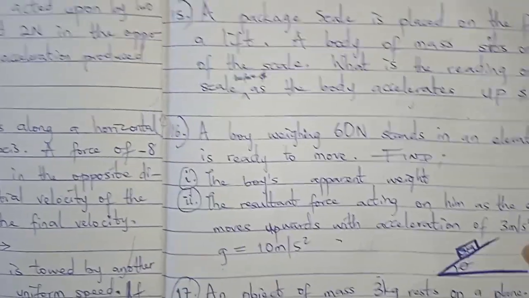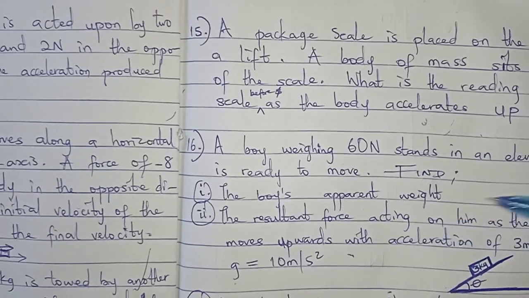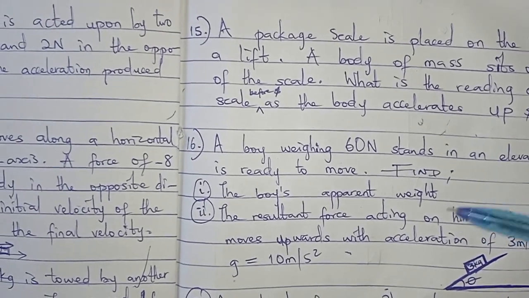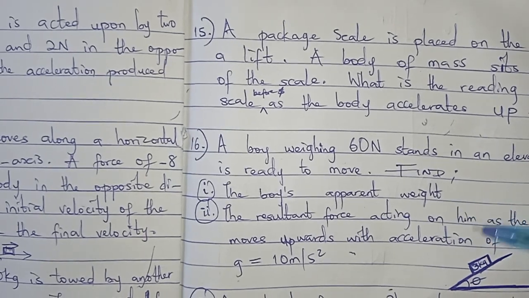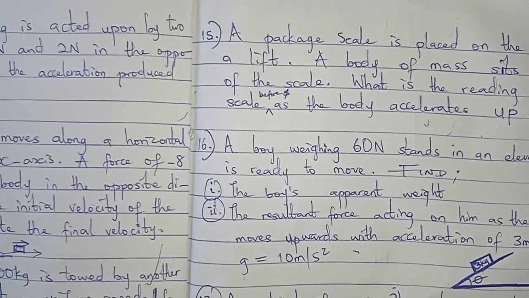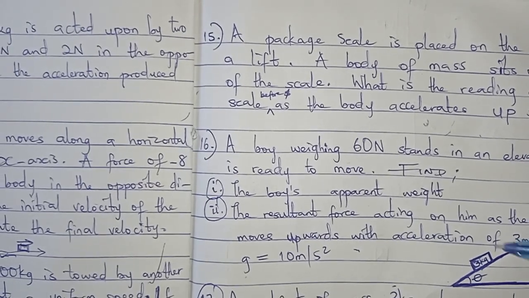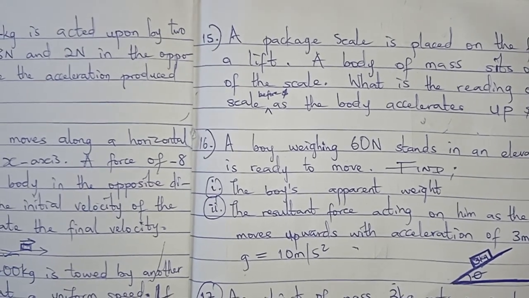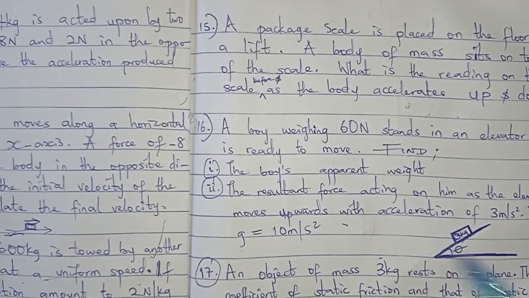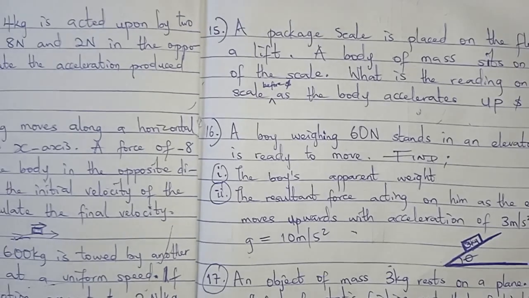The next question says, a boy weighing 60 Newton stands in an elevator that is ready to move. Find the boy's apparent weight, the resultant force acting on him as the elevator moves upwards with an acceleration of 3 meters per second squared. Take g equals 10 meters per second squared. All right,